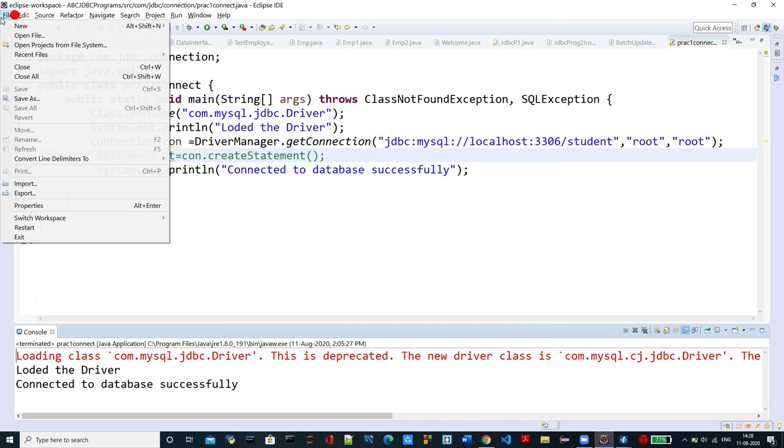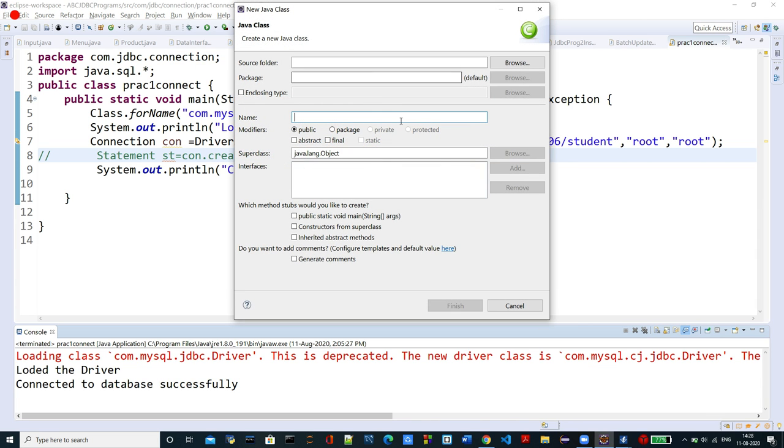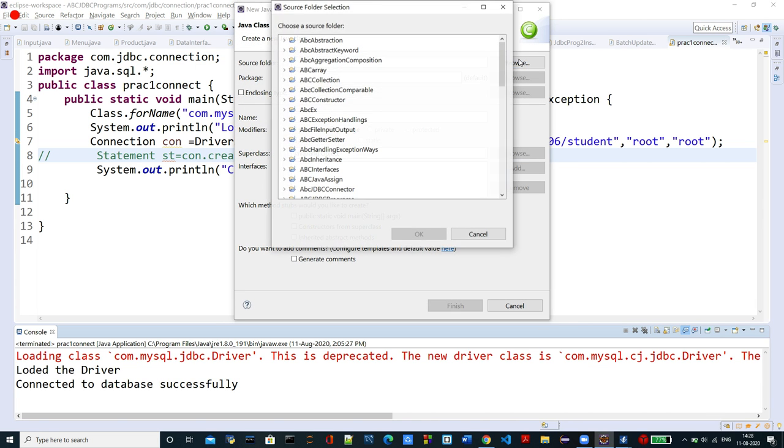I'll create a new class inside the same folder, my JDBC.